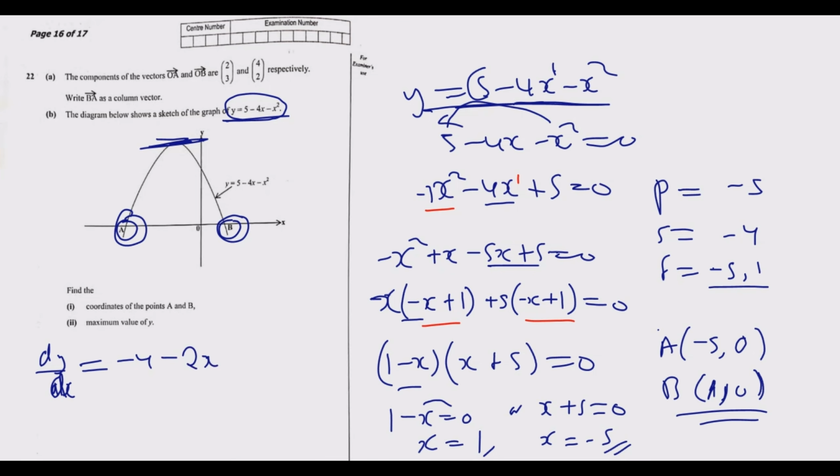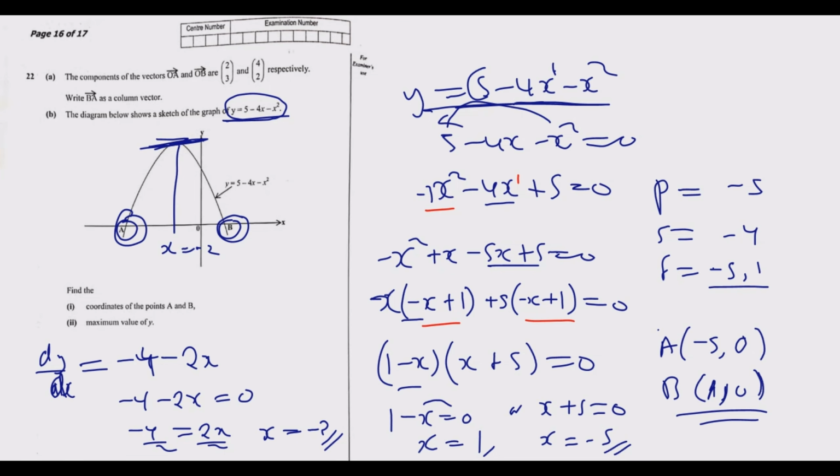Now this change is equal to 0 at the turning point. So we have negative 4 minus 2x is equal to 0. Then we have negative 4 is equal to 2x. We divide by 2 on both sides. So x is equal to negative 2. So when x is equal to negative 2, we have the maximum value. Now the question is asking us to find the maximum value of